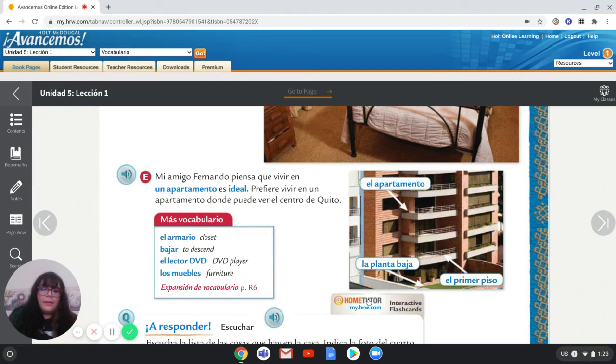They also have la planta baja, the ground floor. And in certain countries, I feel like sometimes we do have it here and sometimes we don't. It just depends on the building. But there are some places that have a ground floor, and I don't mean like a basement. That'd be something called sótano in Español, so it's different. But they have like the ground floor, and then the first floor is technically like the second floor, kind of like that. If you think of BHS, if you were able to go to our school last year, then we